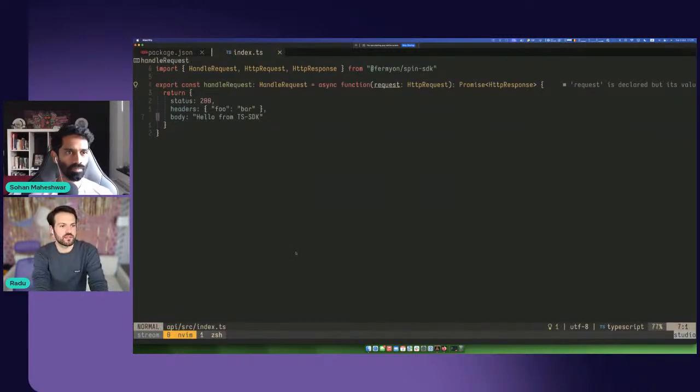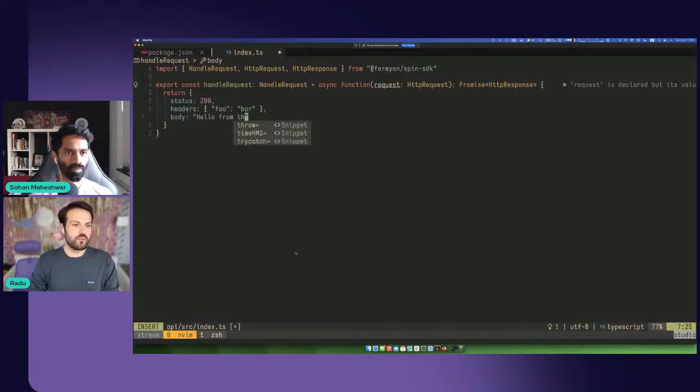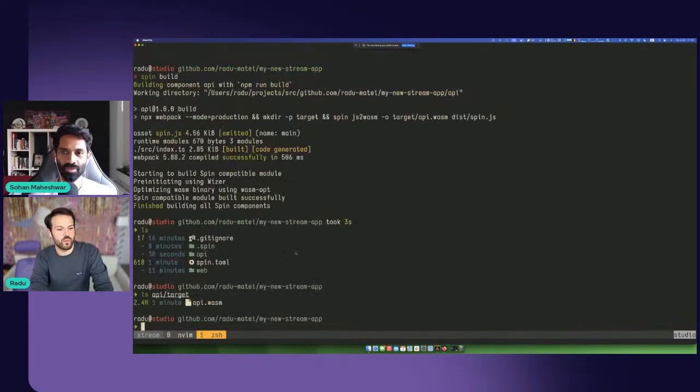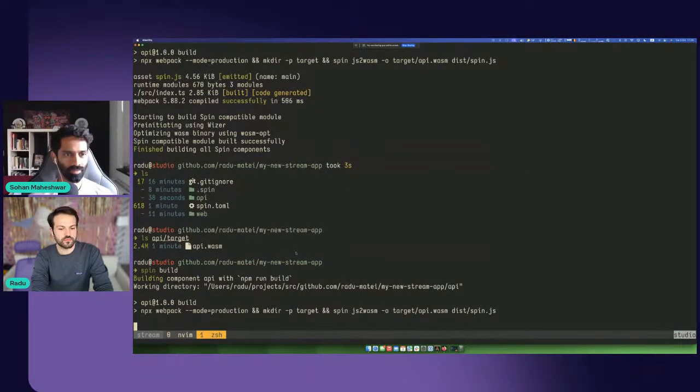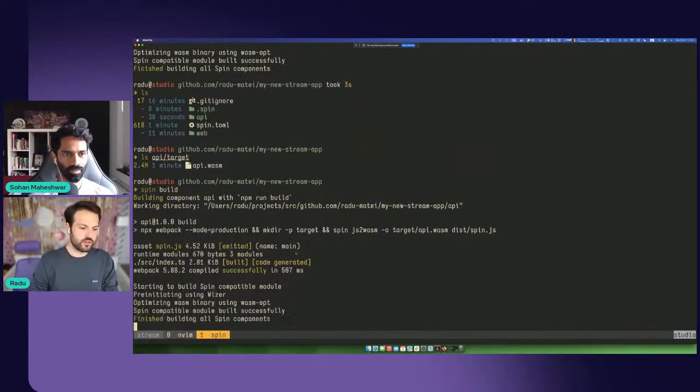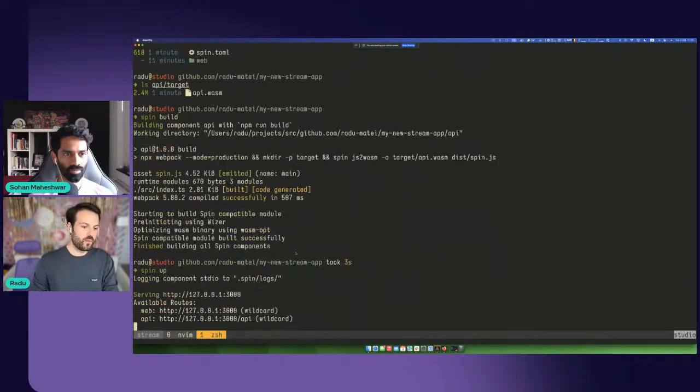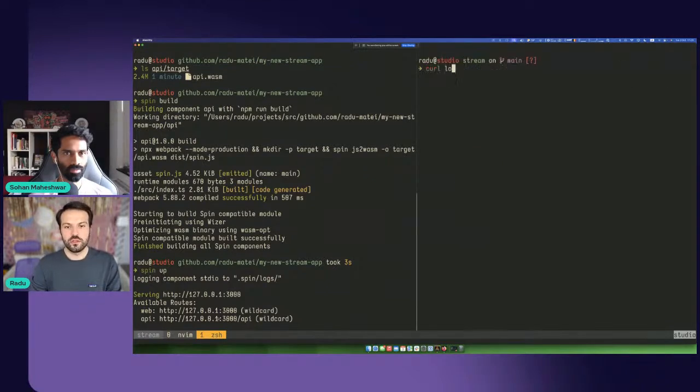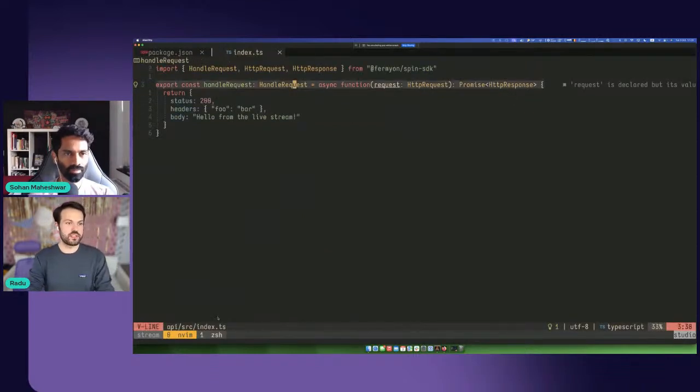You can just pass a string as the body. So, hello from the live stream. Now when we do a spin build and a spin up, whenever we call the API component, curl localhost 3000/API, we should see hello from the live stream, which means Spin successfully instantiated this component and then executed this